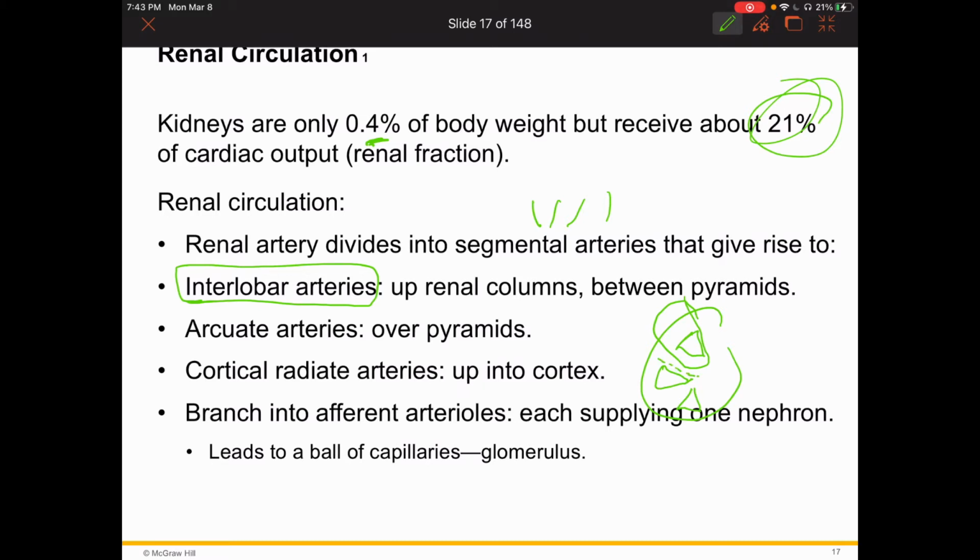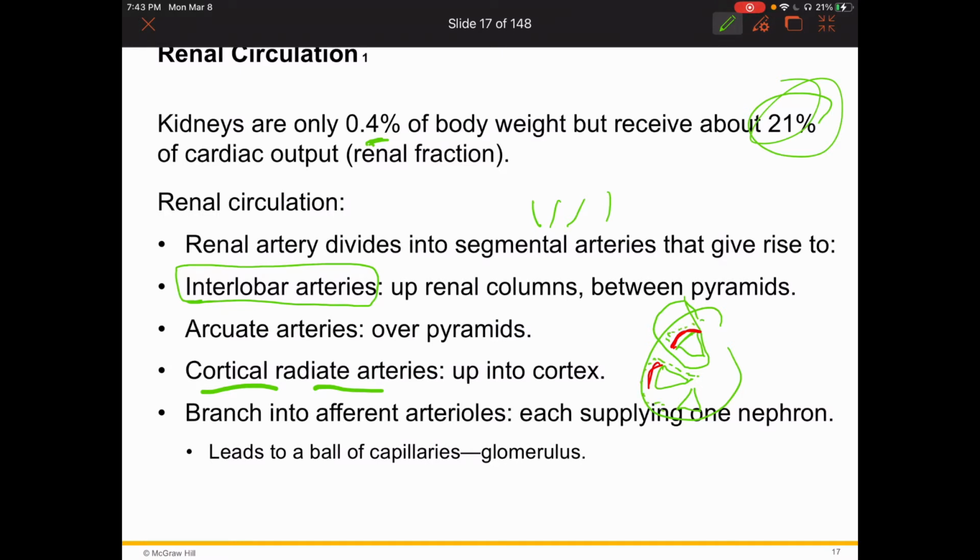specifically the pyramids. And the arcuate arteries, think of an arc. They arc over the pyramids. Some people say arcuate, so it depends on what side of the pond you're on, which is totally fine, both right. Cortical radiate arteries are the ones that go up into the cortex more specifically,